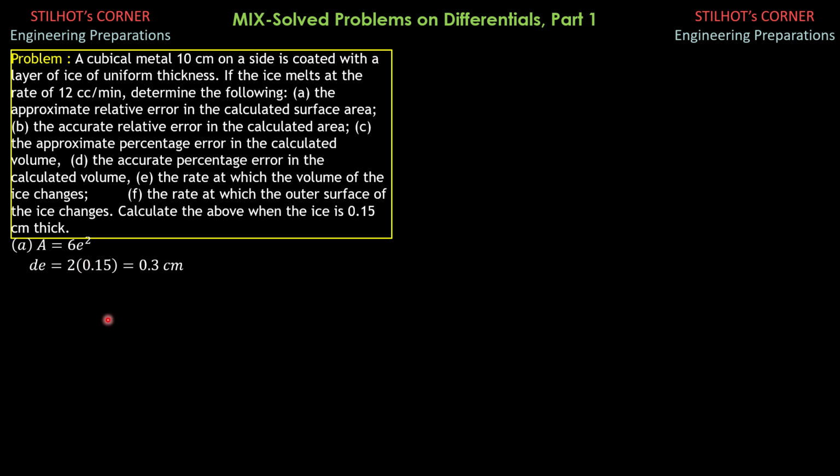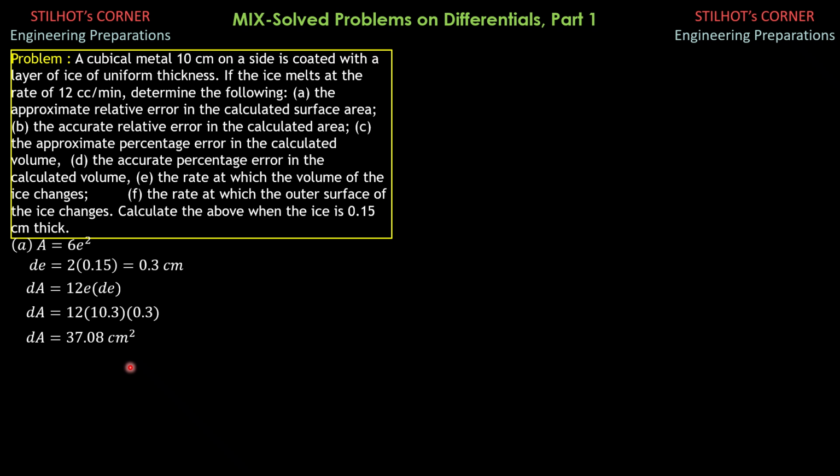12 times E times differential of E. The differential in E is 2 times 0.15, so 0.3 centimeters. So differential area is 12E dE. Substitute the value of E: the dimension E is equal to 10 centimeters plus the total change in the side, which is 0.3, so 10.3. So differential area is 12 times 10.3 times 0.3, and that is equal to